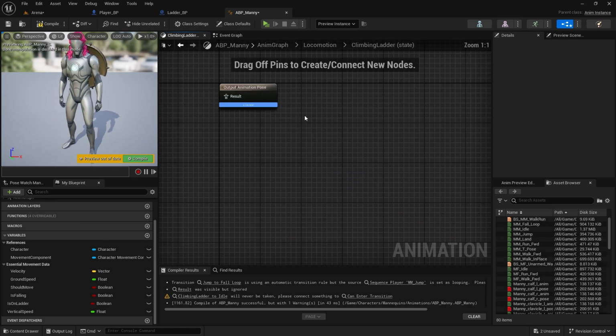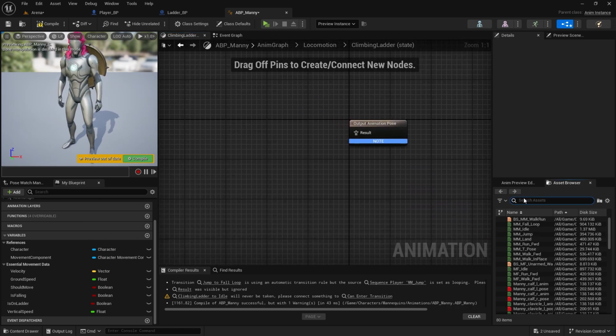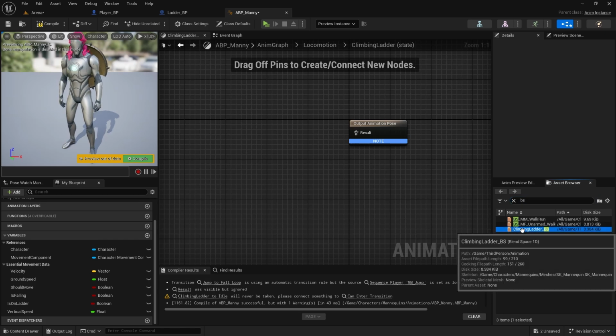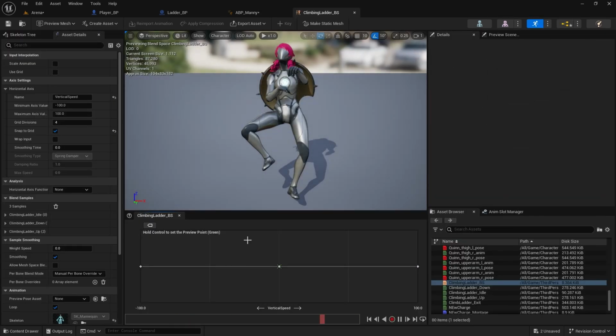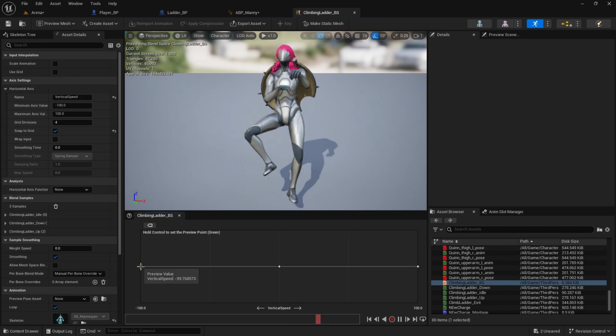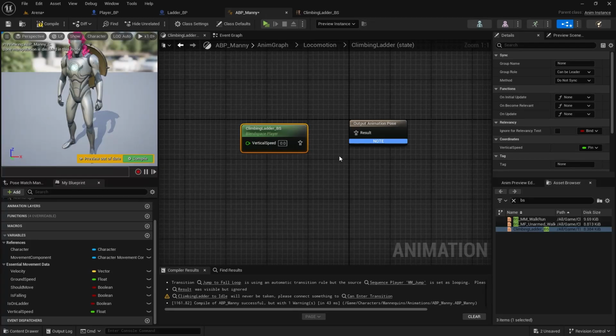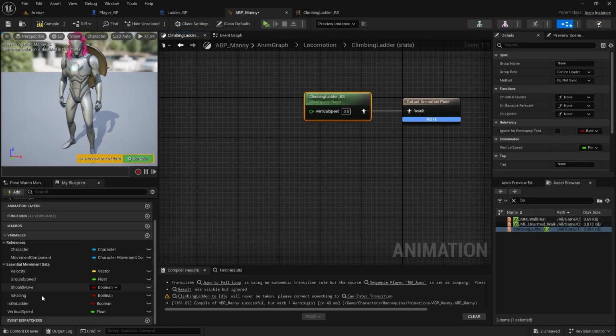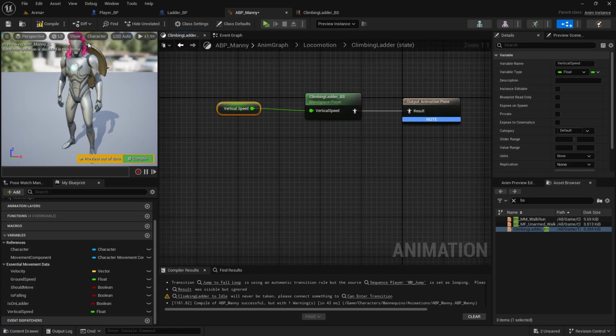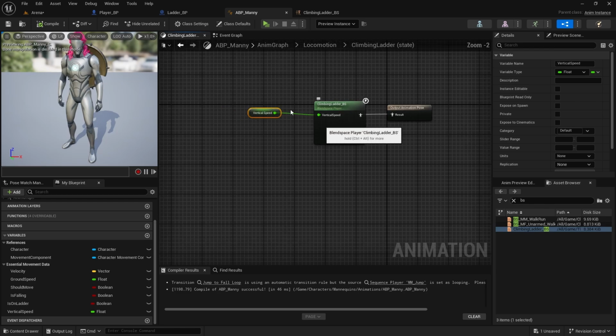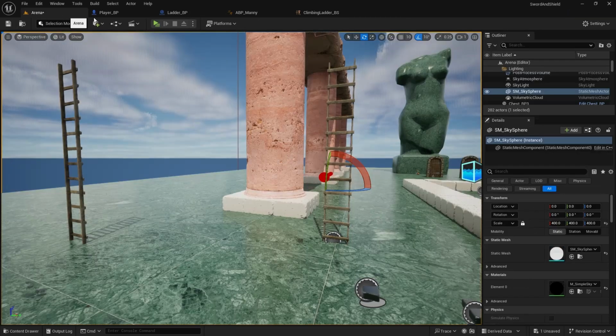And the animation itself in the climbing ladder state will be the blend space, which is climbing ladder, the one we have set up in a previous part. So if our speed is -100, it will go down, 0 is idle, and 100 goes up. Connect it, and the vertical speed we have just set up, so connect vertical speed. And now that should be all of it, so let's test it out, play the game,